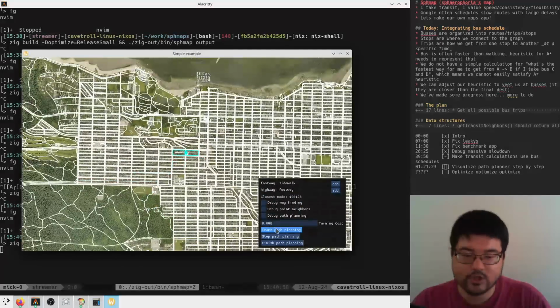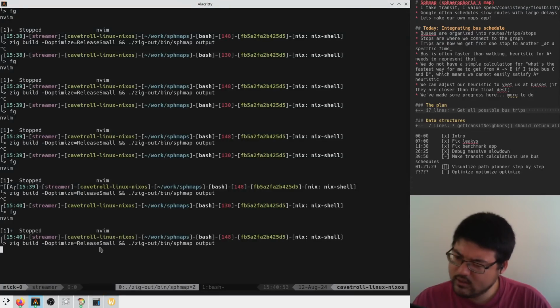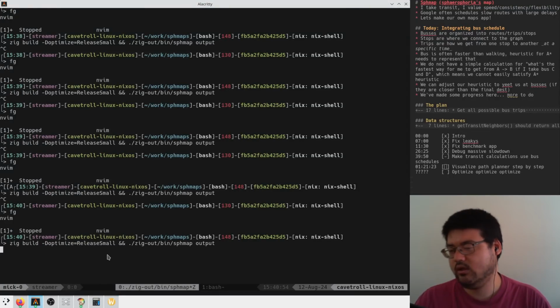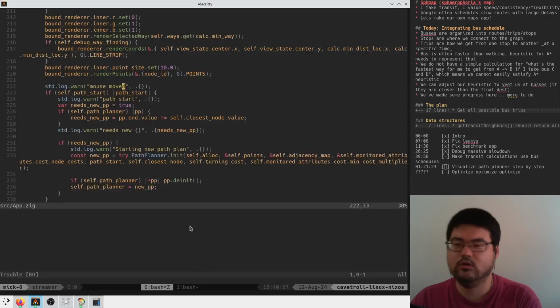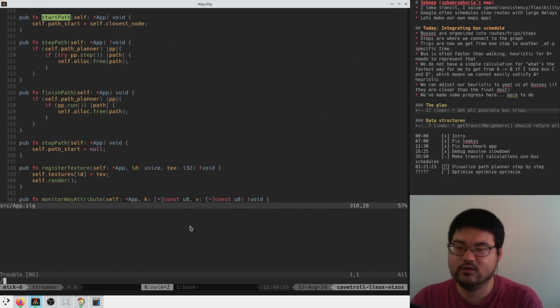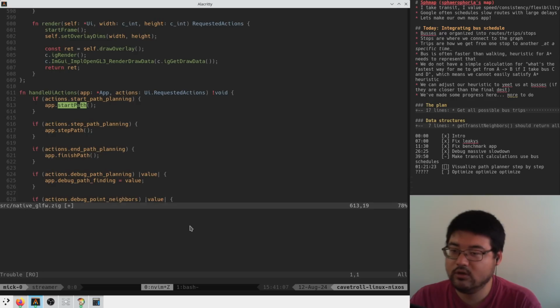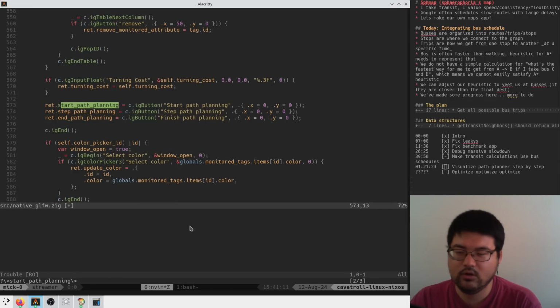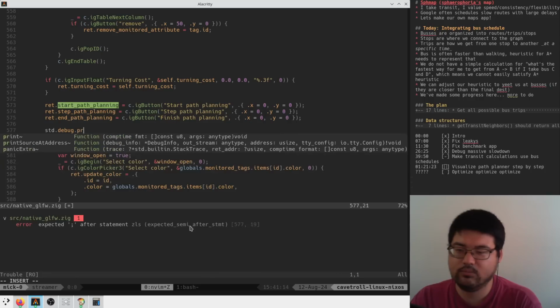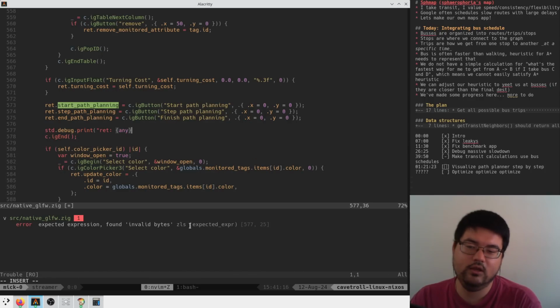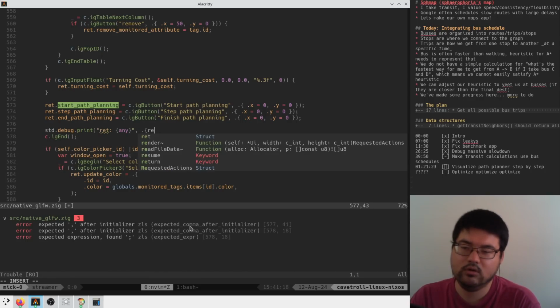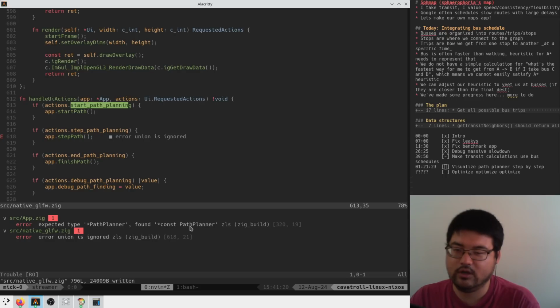All right, start path planning. Nothing? Nothing. App zig. Start path. Okay. Are we just not calling this in our native glyphwa? Like, hello? Std debug print ret any. And then here, like,